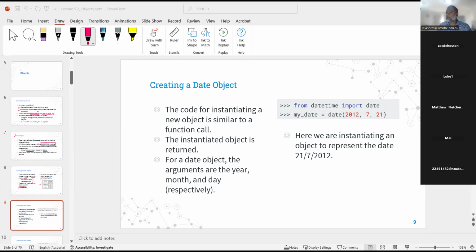Trying to open the okay. So if I share the screen, okay. So